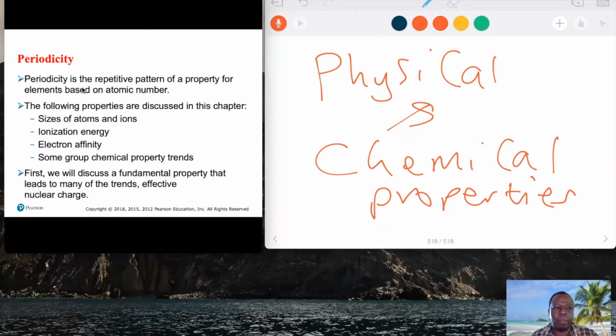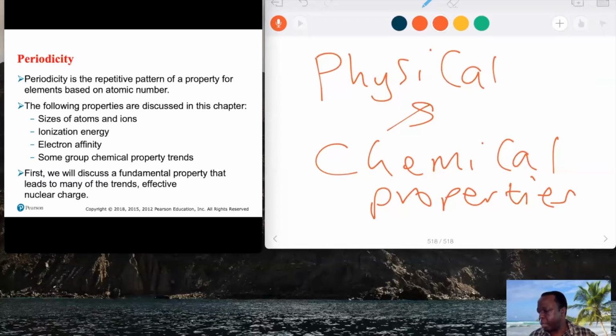When elements on the periodic table are arranged according to atomic number, there are some recurring periodic properties. When we organize according to atomic number, not atomic mass. What we'll be talking about or looking at is the periodic trend in chapter 7. In chapter 7, we will look at the atomic sizes of neutral atoms and the ions. Remember, ions are